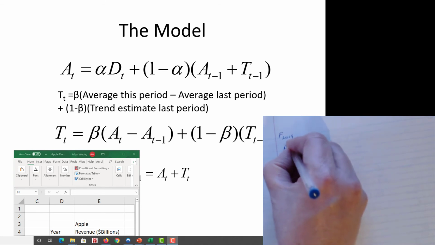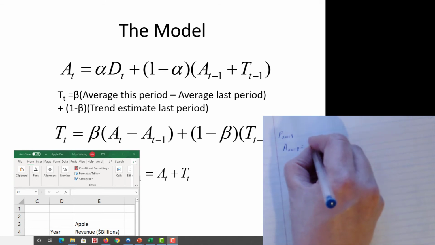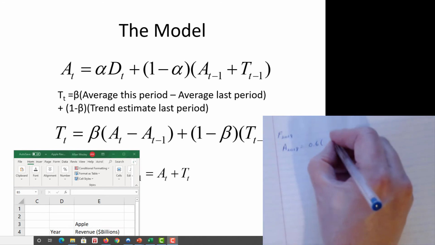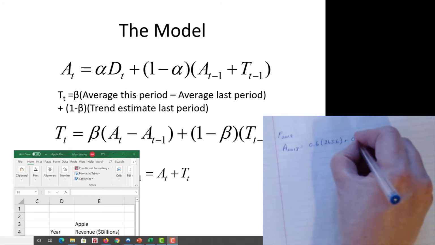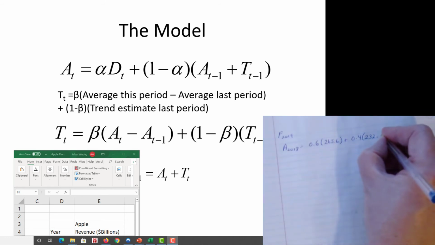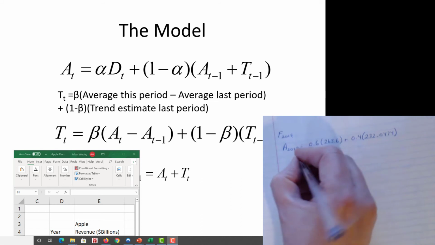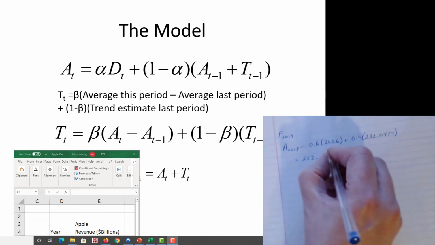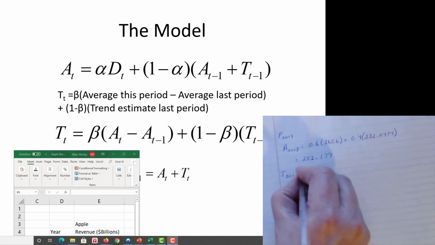To find that, I need the average for 2018, and that is 0.6 times 265.6, plus 0.4 times our previous forecast. That number equals 252.179. And then the trend for 2018,